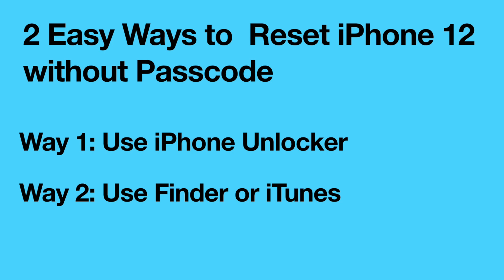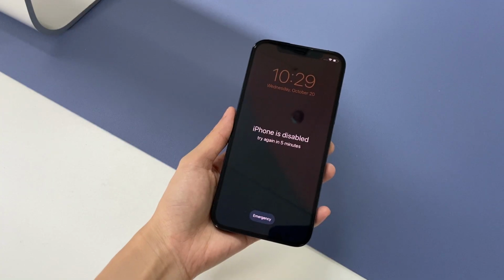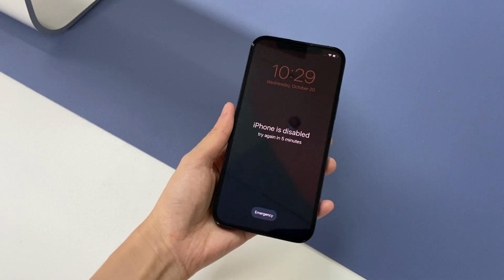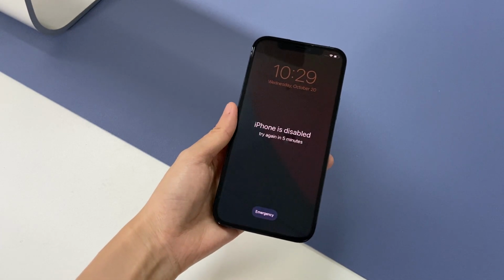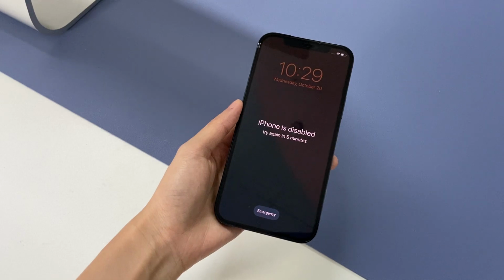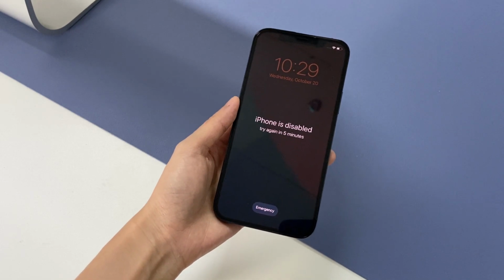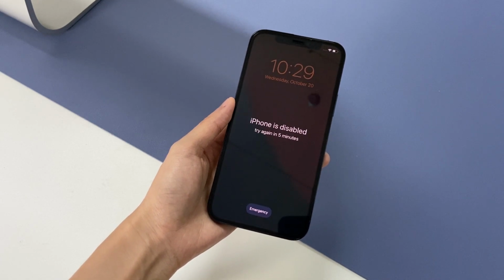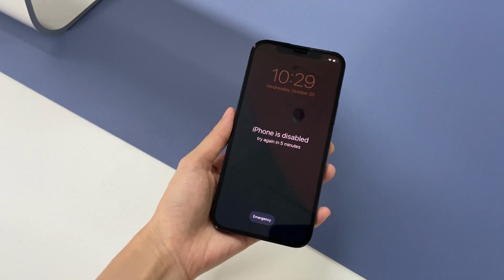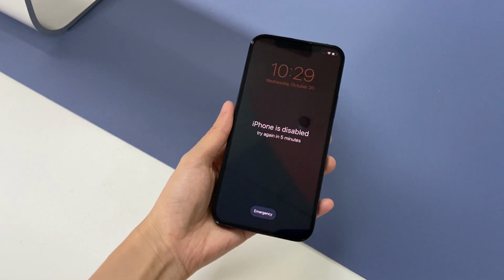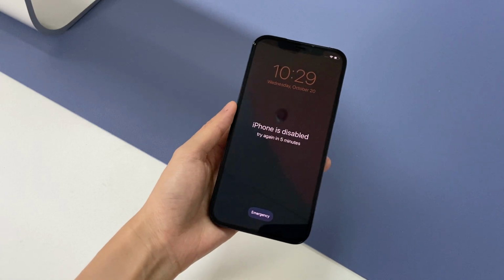Both methods take you through the process of entering iPhone recovery mode and restoring iPhone 12 back to factory defaults. Of course, this will erase the device and wipe all data and preferences, including your passcode. But relax, if you have a backup, you can restore your data to your iPhone 12 after it's reset. Alright, let's see how to reset iPhone 12 without passcode, and get the device restored when you can't